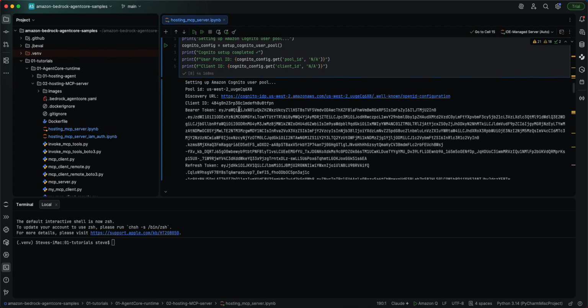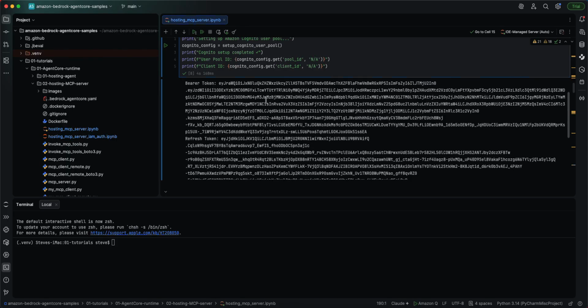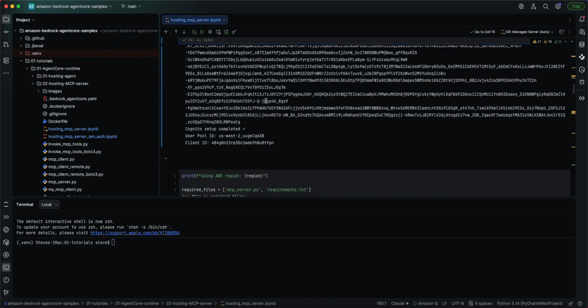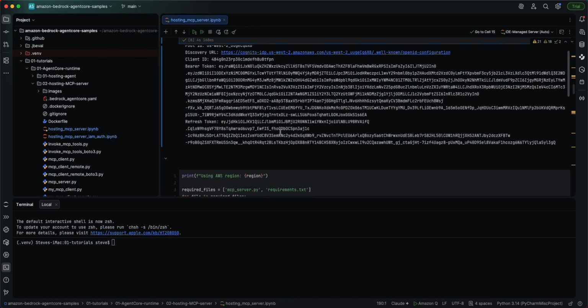You're getting all the information: the client, the bearer token, the OpenID. This is the discovery URL. You got the user pool ID, the client ID, and this is extremely valuable. I mean, and it's Python, so usually you see something like this in CloudFormation, Terraform, whatever, and